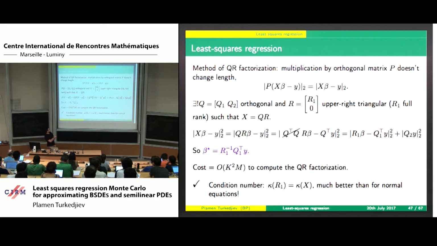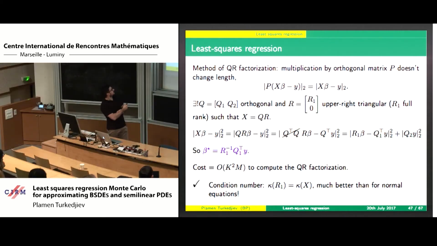So if I take any orthogonal matrix, multiply my vector difference by that orthogonal matrix, its L2 norm is exactly the same as if I'd never used the orthogonal matrix. Now, the QR factorization is simply